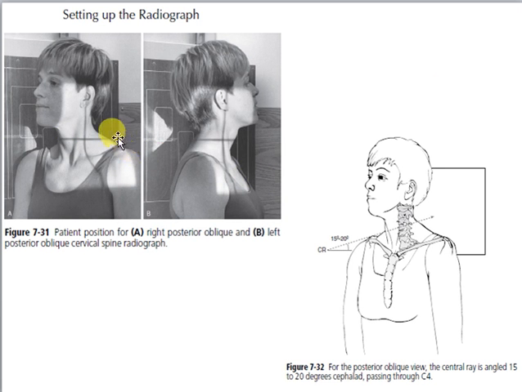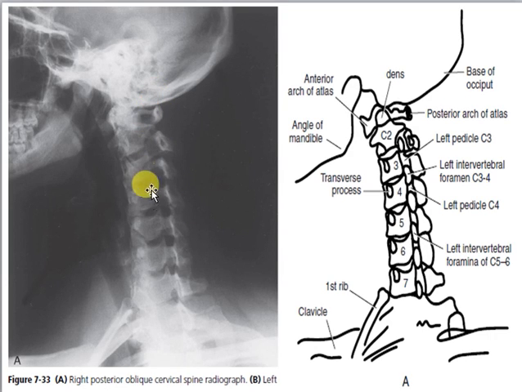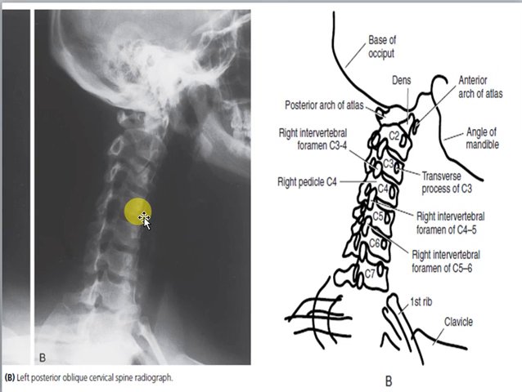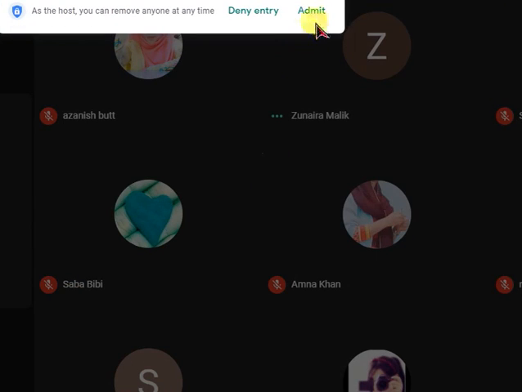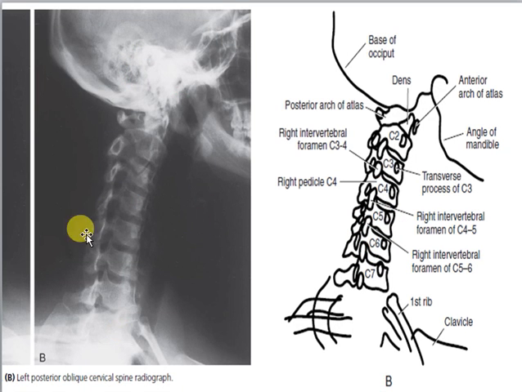This is how the anterior or the posterior oblique view is set, and you can clearly see the intervertebral foramen, the spinous process, and, sorry, not the Scottish dog appearance. You can clearly see the facet joints and their orientation plus the transverse process. This is left posterior oblique. Again, you can clearly see the facets and the space between the vertebrae. You can see the vertebral bodies, the disc heights, and the uncovertebral joints as well.